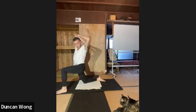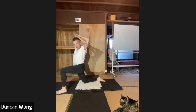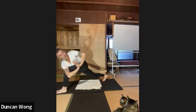4, 3, 2, 1. Drop into the prayer. Reassess long stance. Standing or kneeling for 5,